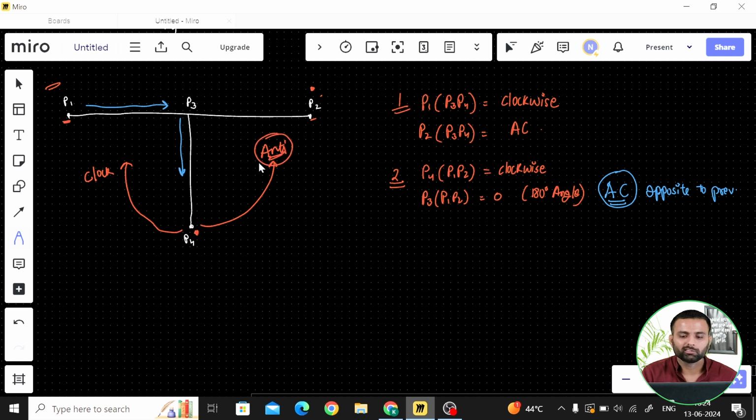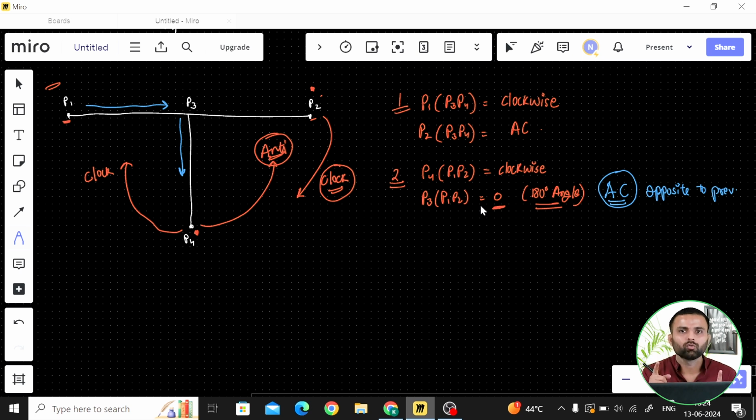Okay. Now let's check for when my P1, P2 is here. Now I am here. I have to check my P3 and P4. Okay. So P4 is this side. It means it's in the clockwise direction, right? Clockwise direction. Now check where my P3 lies. P3 lies on the line, right? P3 lies on the line. It means that the angle between them is 180, right? So sine theta, sine 180 is 0. So that's why its answer is 0.